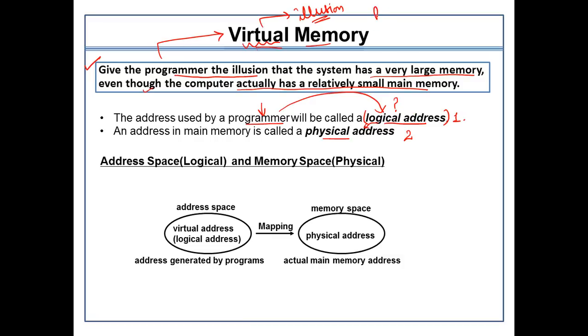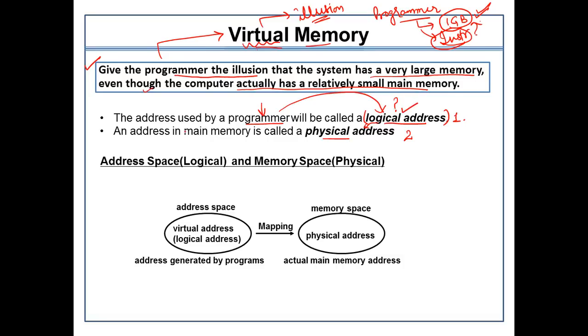Simply because for the programmer or the user, the available memory is very large. Let's suppose the available memory is 1 GB. According to this 1 GB memory, the program will send an instruction to the machine. Within the instruction, as per this space of 1 GB, we are allocated an address value. That address is called the logical address.